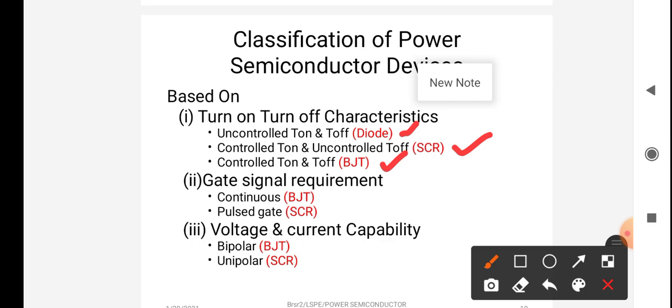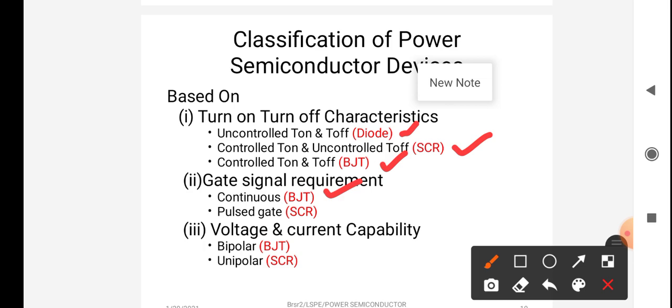So BJT comes under the classification controlled turn on and controlled turn off. Based on the gate signal requirement, it is classified as continuous and pulsed gate. If the BJT is conducting, the base current should be continuously available. So continuous base current is required for the BJT to conduct.